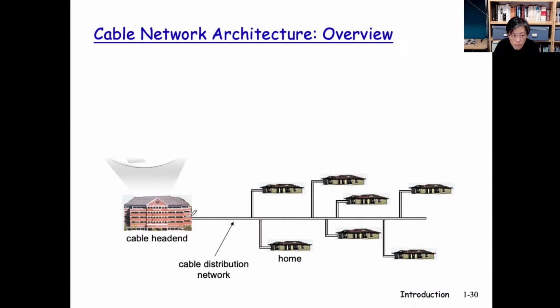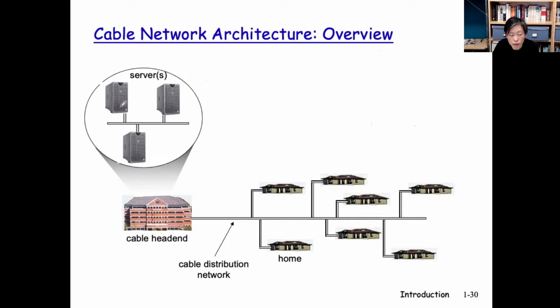And inside the cable company, you see often lots of these video servers, and stored on these video servers are the TV programs. So the cable head will stream these videos down this way, and it gets split here, here, here, here, depending on what each of the households is requesting. Occasionally, from the household, there could also be some control messages being sent, for example, to switch channels, or to turn the TV program off.